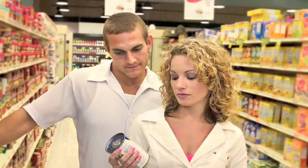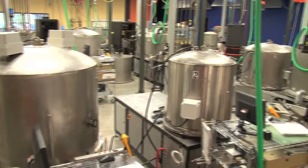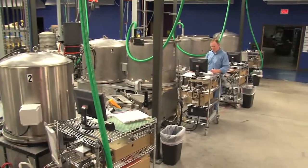You mentioned before the food and beverage industry. Just give me an example there of what you do. Sure. You can see it just walking down the aisle in a supermarket. You can see all the variety of packages. The food industry wants to have packages that are much more energy efficient and help make the food taste better